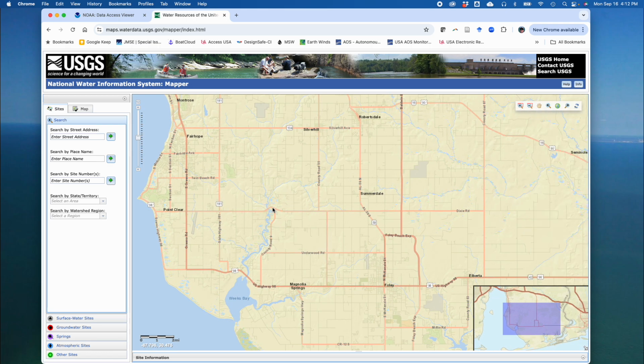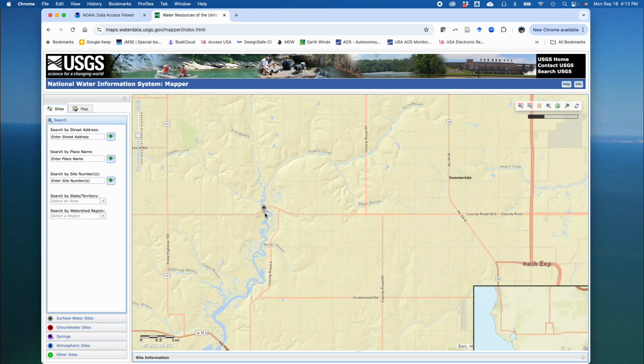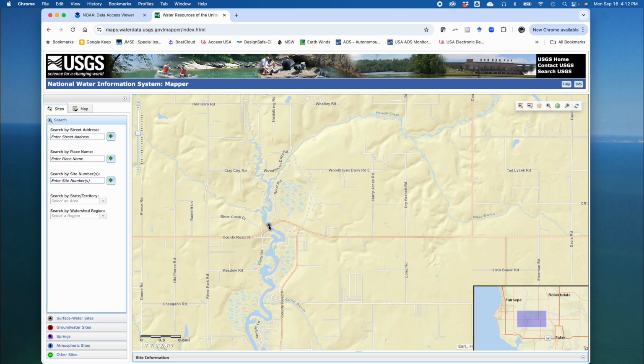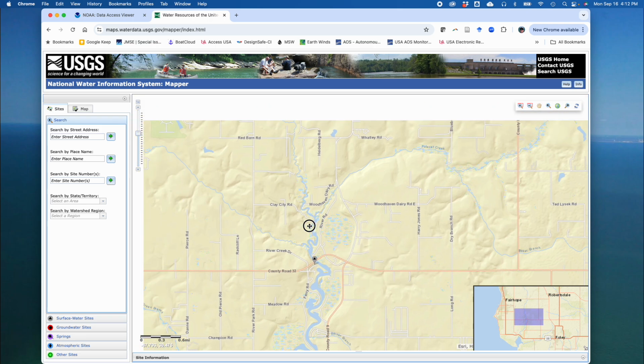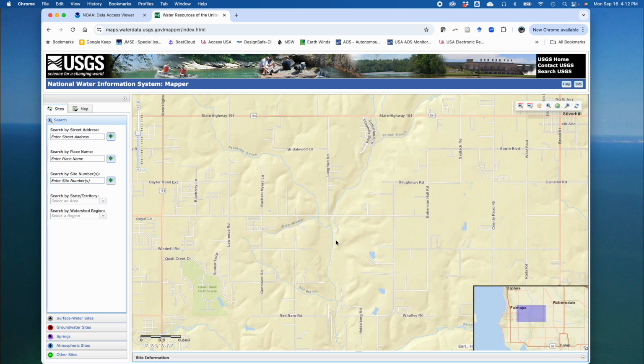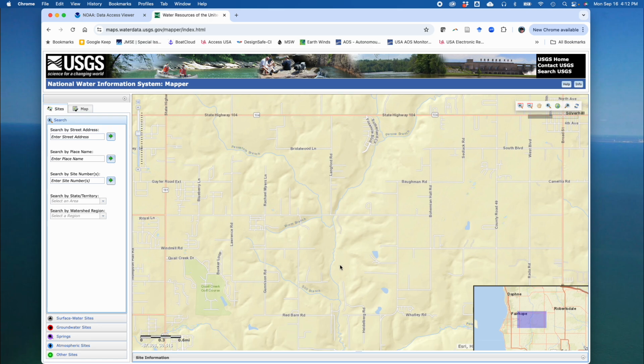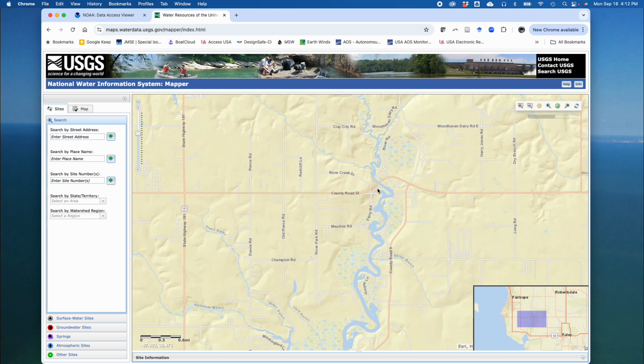There should be a station around here. There it is. So County Road 32, there's a gauging station there. There might be gauges further upstream. There is up here, but I don't think we need to extend the domain that far up. So we are primarily going to look at creating an elevation data set that extends north of County Road 32